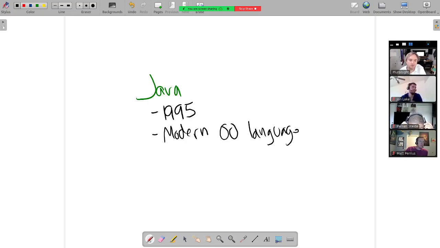The most popular object-oriented language before Java was one called Smalltalk, and so Java was really kind of replacing Smalltalk in a way. It was an instant hit, overnight success. People went bonkers for Java.